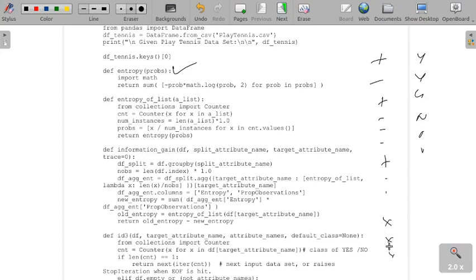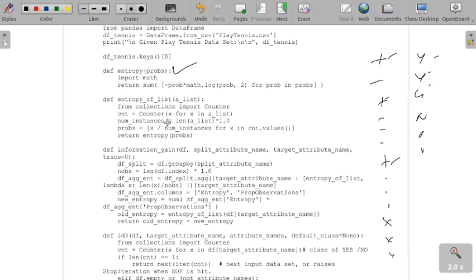This Counter package counts how many different types of values are there: how many plus, how many minus, how many star, how many yes, how many no.